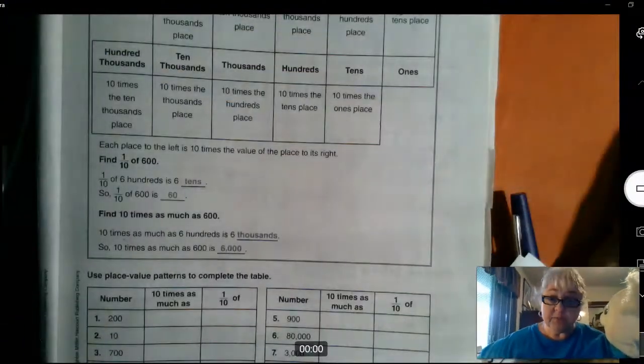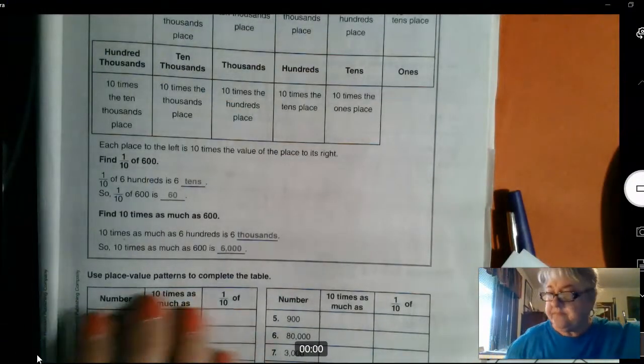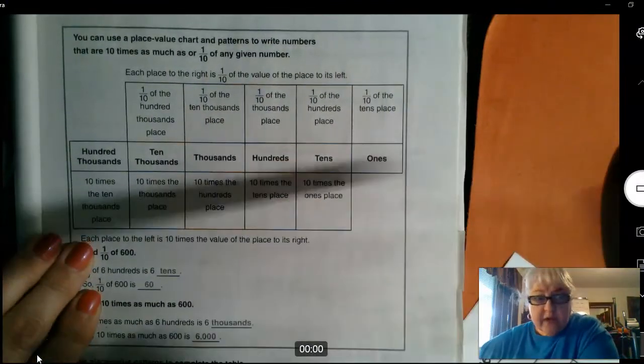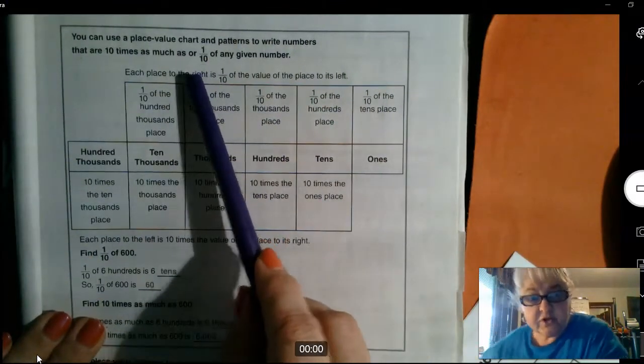Joe. That's me. Show. Joe, you told me today that you wanted to talk about multiples of 10. Okay, well, get your thinking brain on because here we go, talking about multiples of 10. You can use a place value chart and patterns to write numbers that are 10 times as much or 1/10